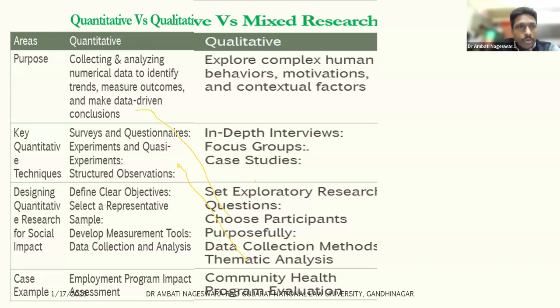When you're talking about quantitative research, you're trying to look at relationships, associations, comparisons, and cause and effect relationships. Whereas in qualitative research, you try to discover knowledge and develop theory or hypotheses. As a quantitative researcher, you test the theory and the hypothesis. Whereas in qualitative research, you develop the theory, the hypothesis, or the propositions as an outcome of your research work.